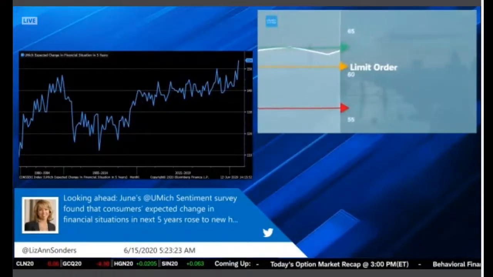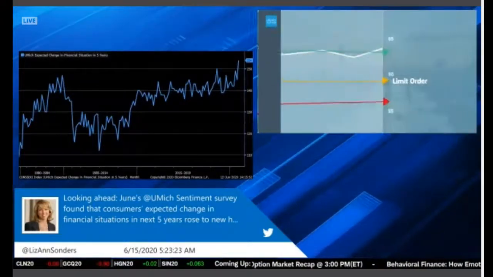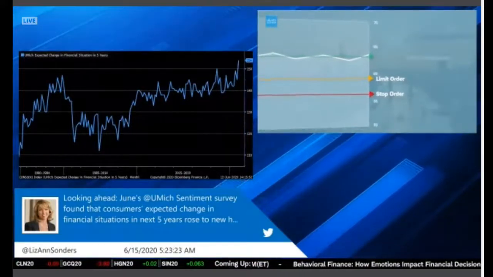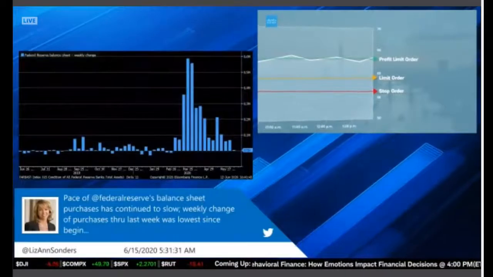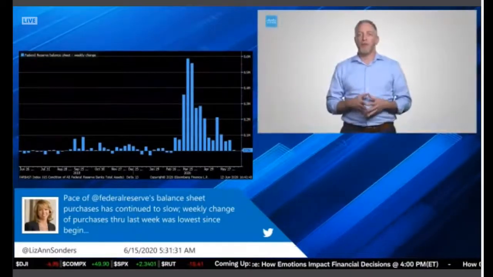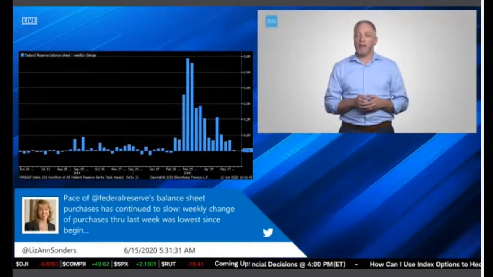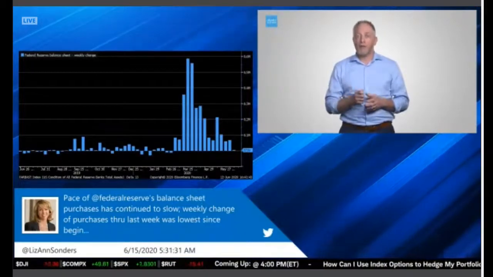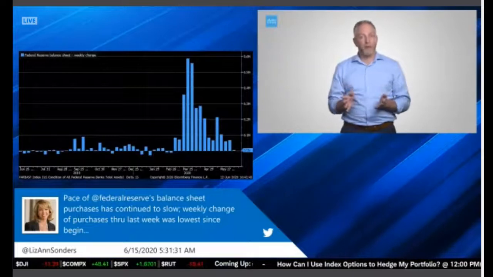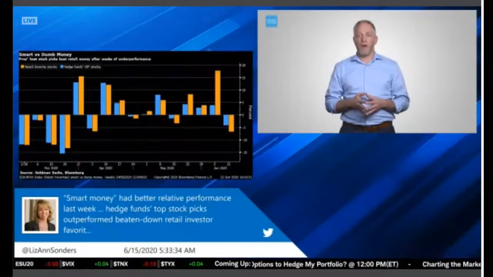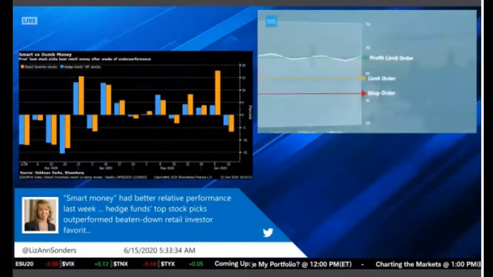You can simultaneously help protect the downside with a stop order and position yourself to capture upside gains with a profit limit order. And this is a big difference from traditional orders where you'd have to wait for your limit order to execute and then place either a sell stop or a profit limit order, but not both. Brackets are contingent, so only one end of your exit strategy can execute. This allows you to place